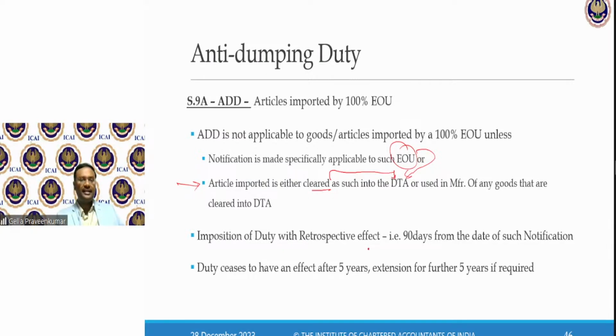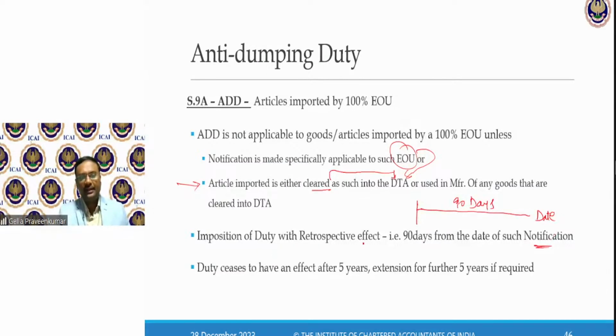Imposition of duty with retrospective effect. They say that for any anti-dumping duty I want to levy, from the day I have brought this notification, I can travel in time 90 days, assuming this is my date of notification. I can travel back 90 days in time for levying anti-dumping duty.